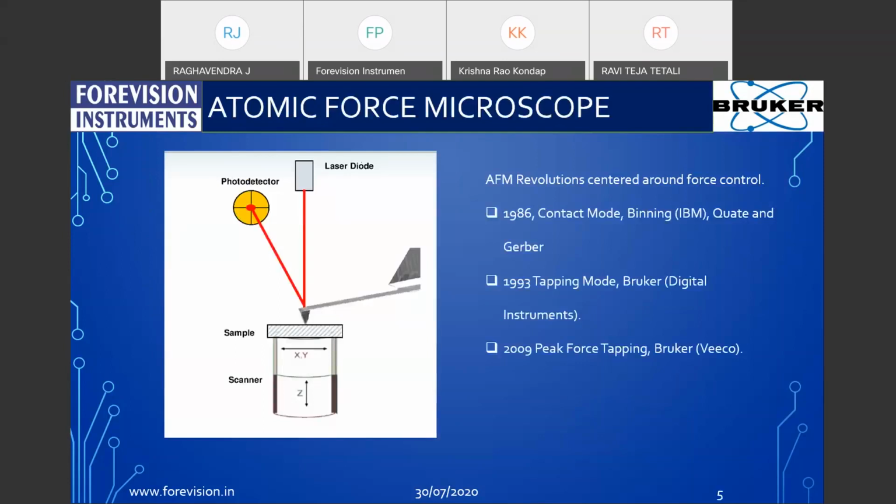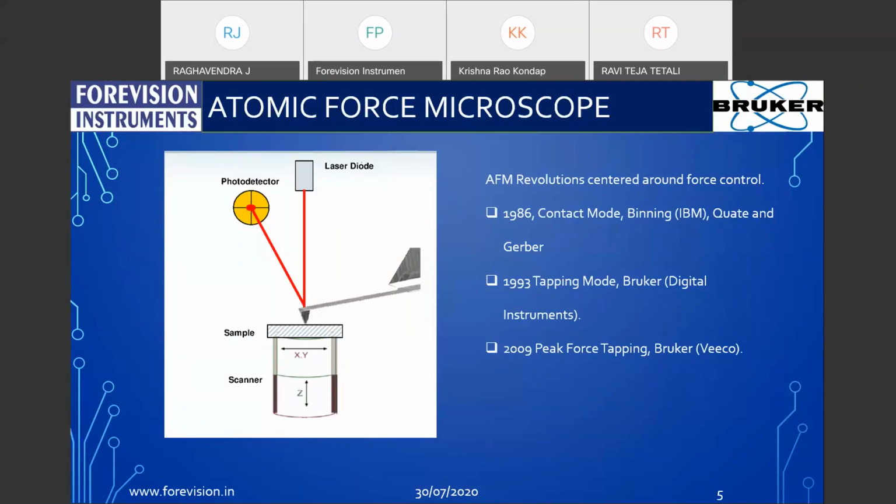AFM has basically four major components. One is the sample, the second is the scanner, the third is the cantilever with the tip, and the fourth is the detection system. Sample is our interest, and for the scanner, there are two types of scanning mechanisms used in AFM. One is called sample scanning, where the sample is scanned and the tip or cantilever is constant. The second is called tip scanning or cantilever scanning, where we scan the tip instead of